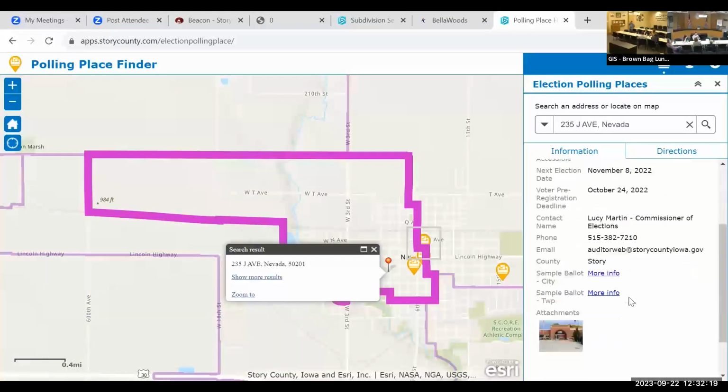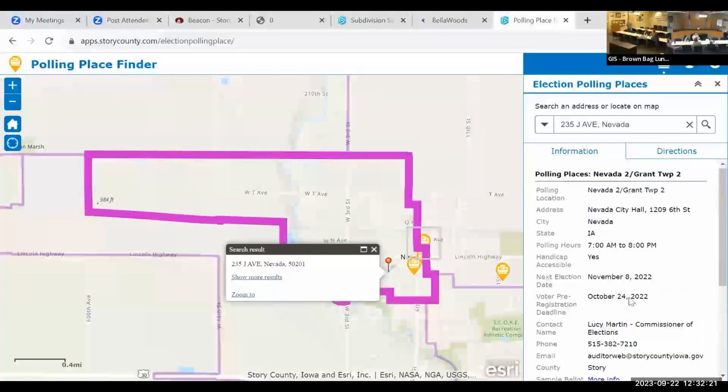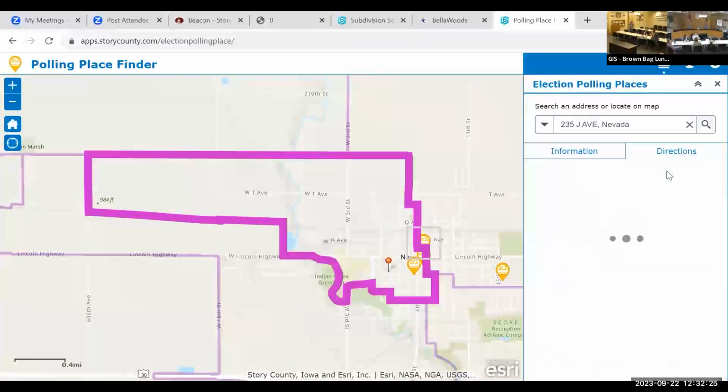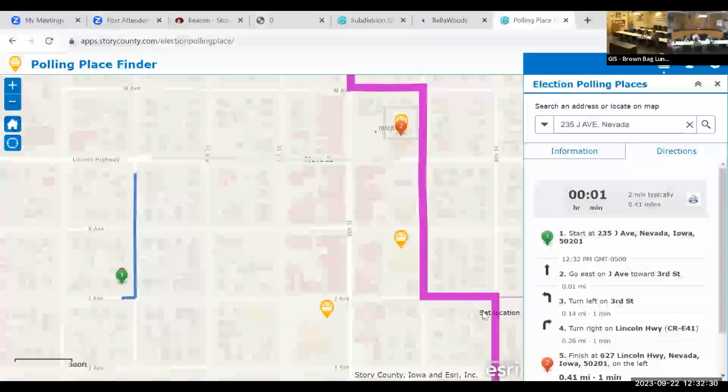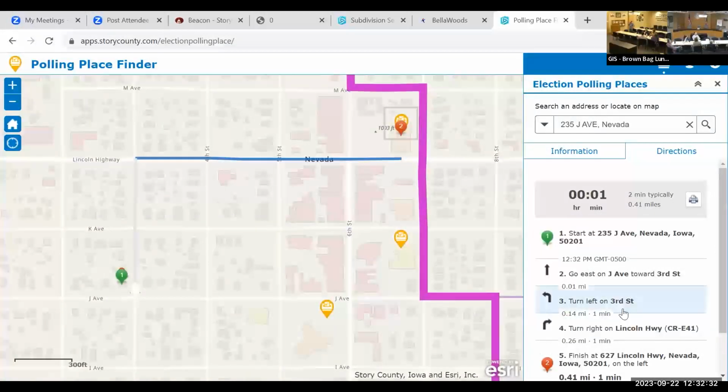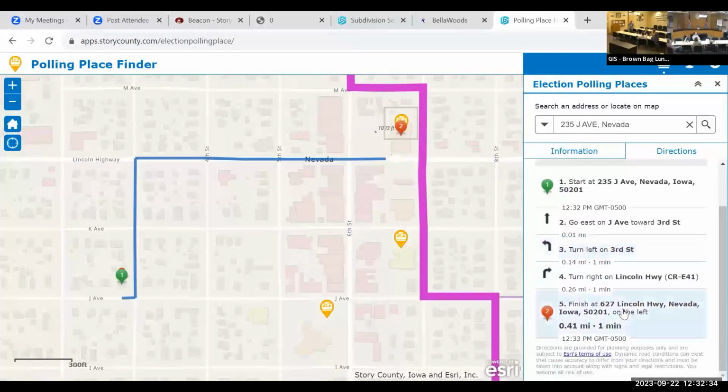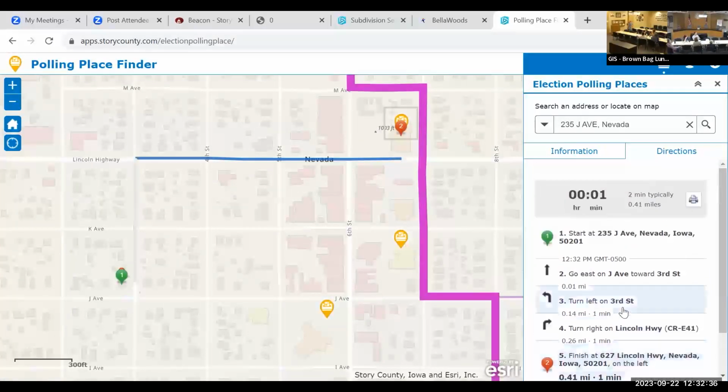Yeah, obviously next election, I need to update that. So go to directions. It will do a kind of cool thing. It should do the driving directions in case you don't know where you have to go vote. Oh yeah, there it goes. So you're 1 minute away from your polling location. That's pretty handy.